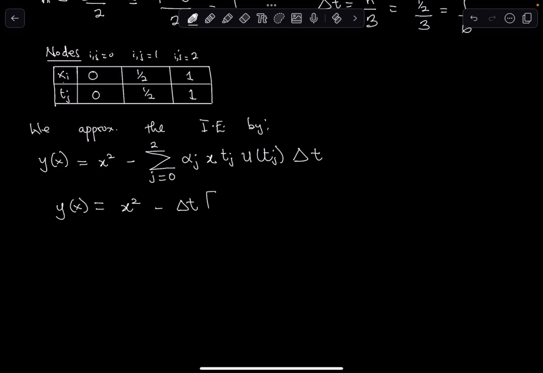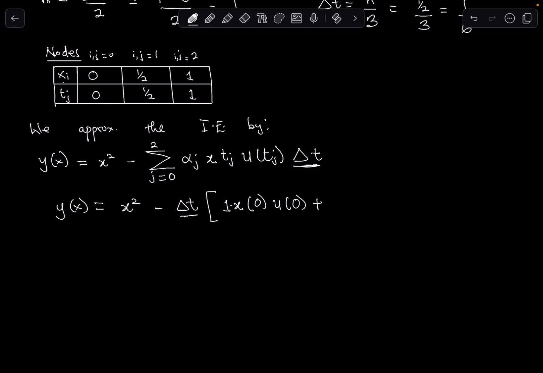So you're going to open a big bracket, and then you know that the alphas at the endpoints are always 1, if you remember correctly. So it means your a0 is going to be 1, okay? Then that is multiplied by x, right? Multiplied by x, and then multiplied by tj. T0 is 0 from here. So you're going to plug that in here. That's going to be 0, and then u of t0, which is 0, then plus,